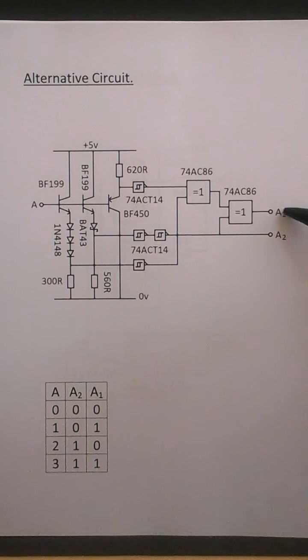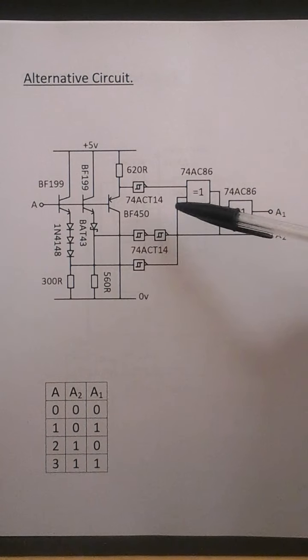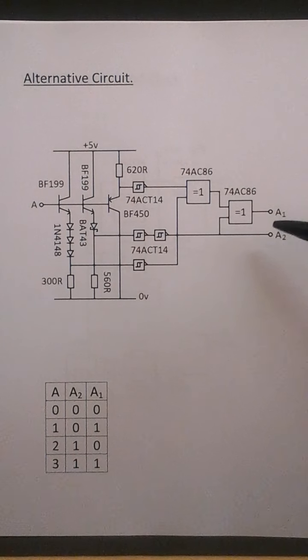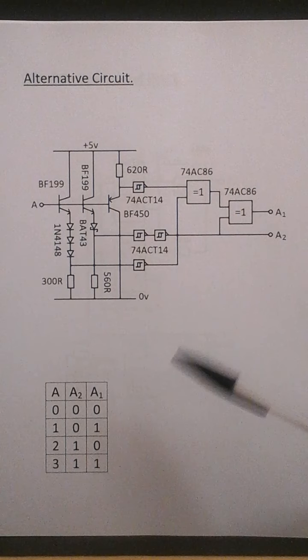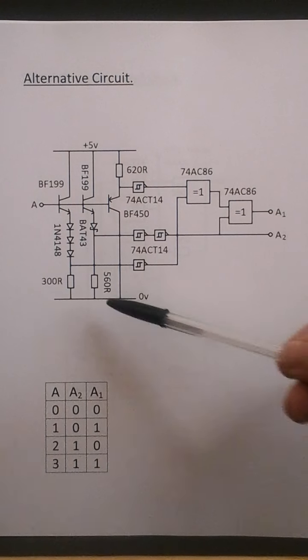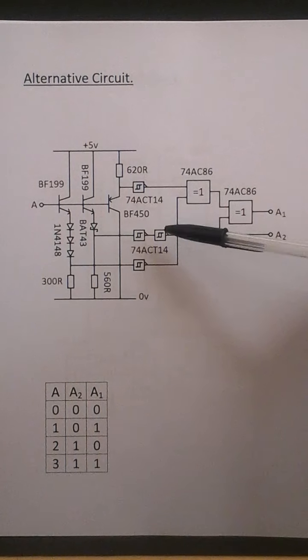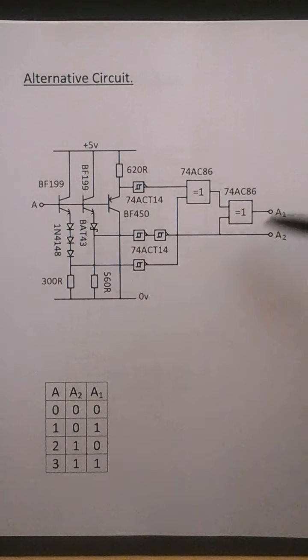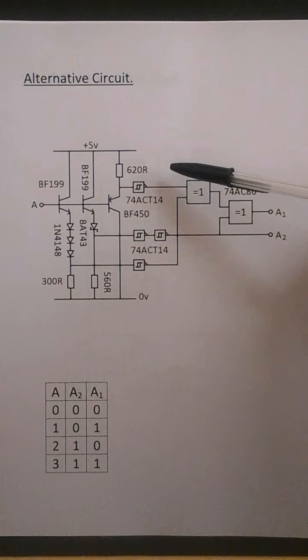Basically, the output from this combination is a 1 if you get an odd number of inputs to the exclusive OR function, and a 0 if there's an even number of zeros to the exclusive OR function. For a 0, you have 1, 0, 1, which gives 0 there. For a 1, you have,